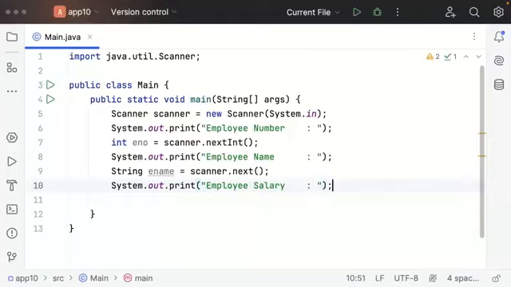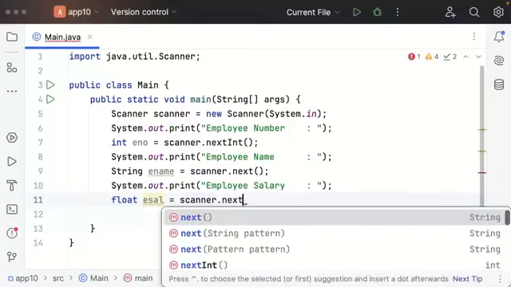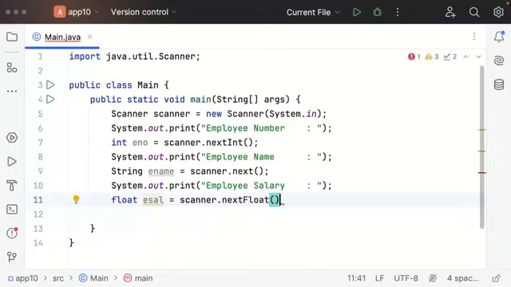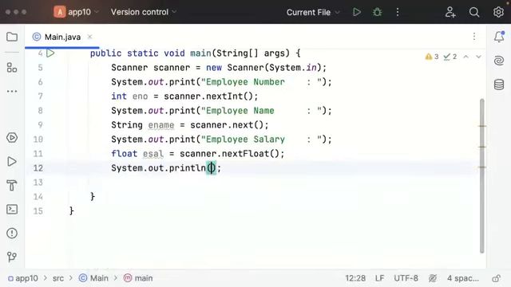Employee salary. I want to get it as float esal. Now I want to get it directly with the scanner's next float method. What is that method? The nextFloat method. Then after this, system.out.print, where I need to provide the next one,